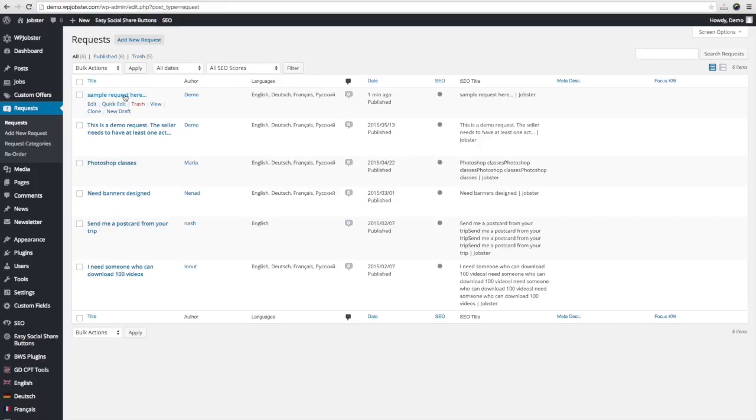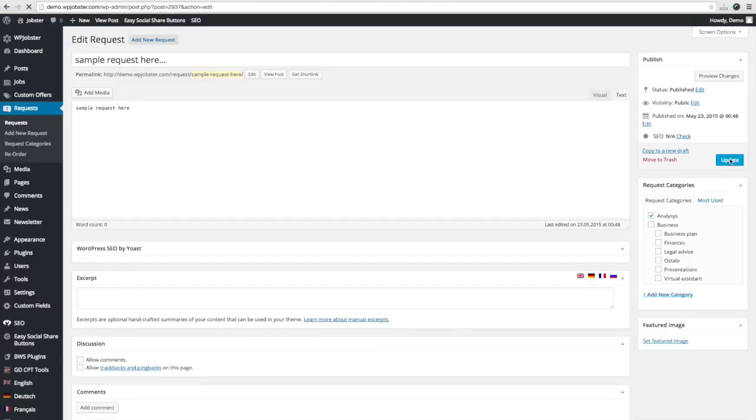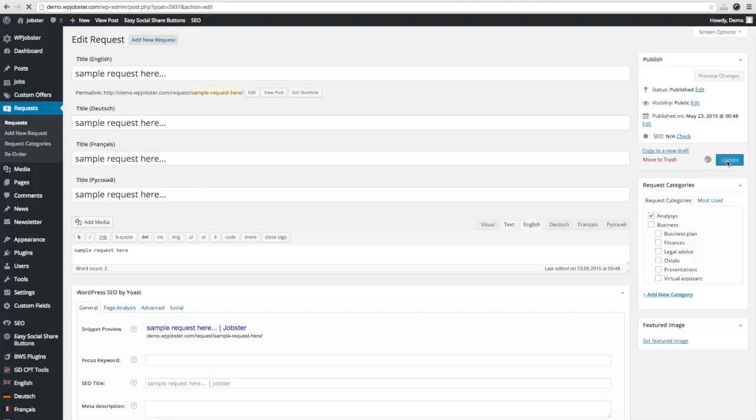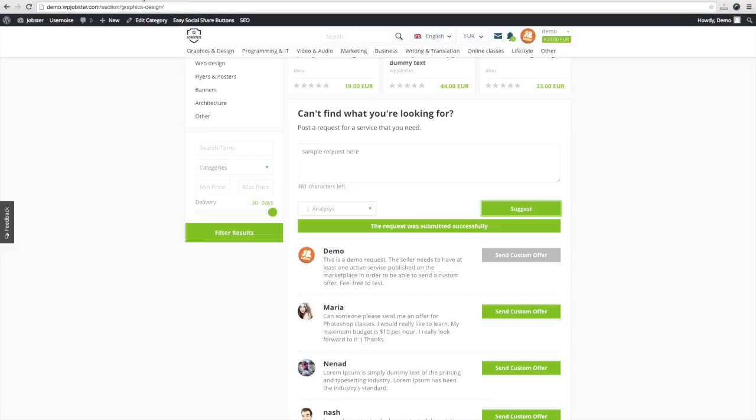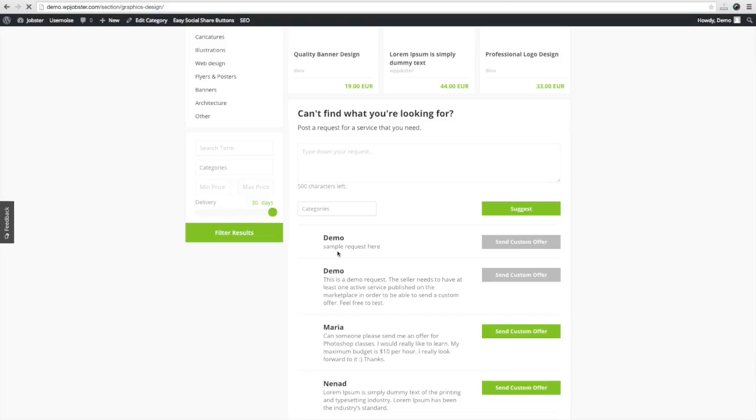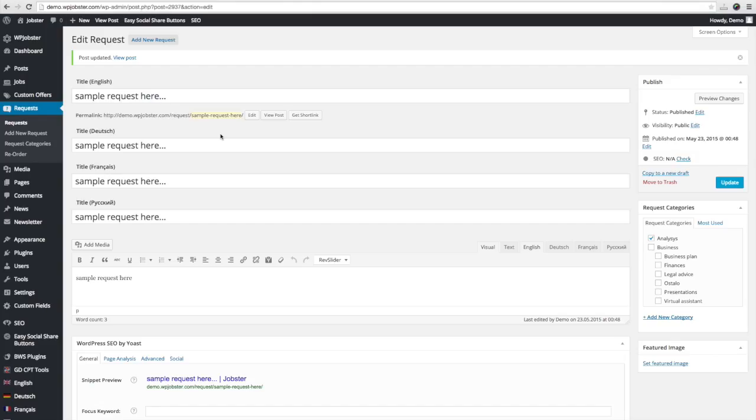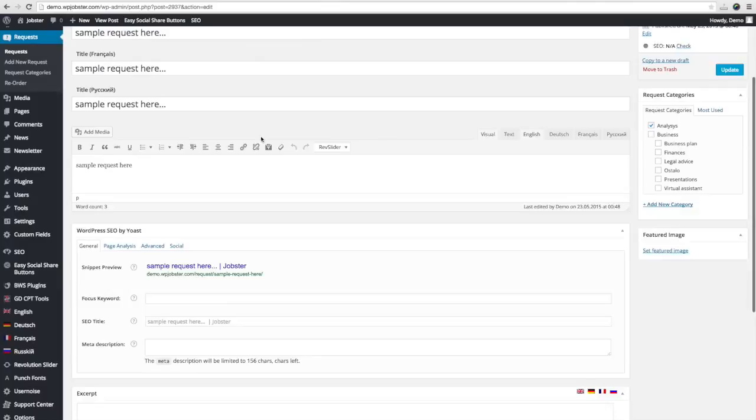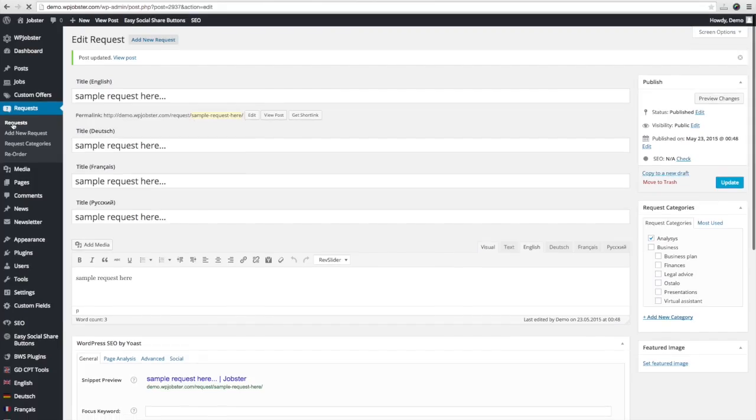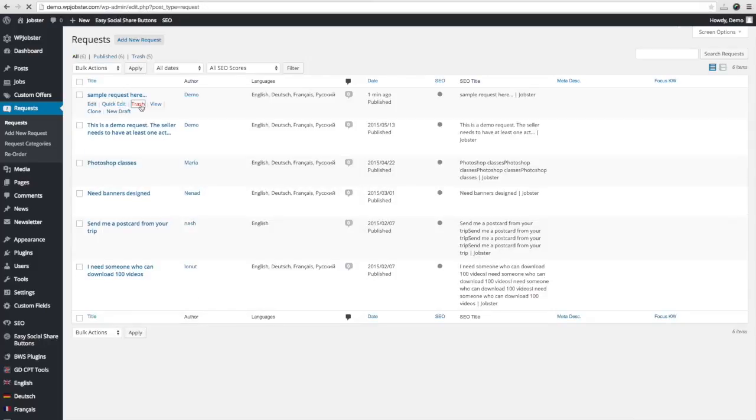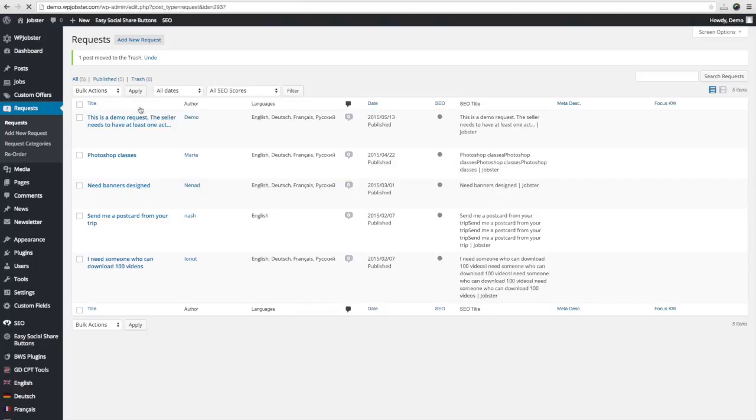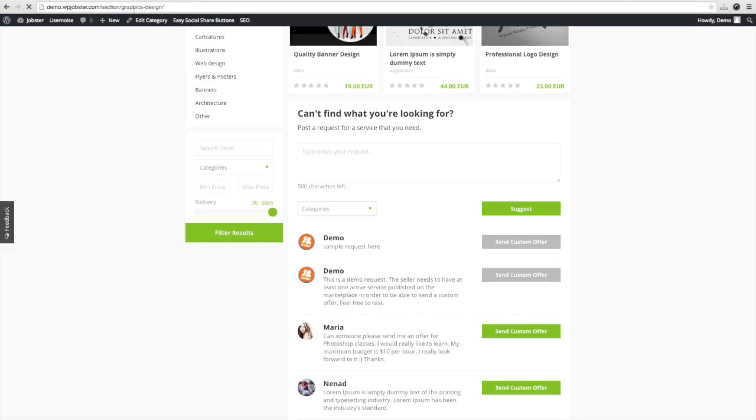If you want to approve this, you can simply click on update and it will be published. So I will do that right now. It should come up over here on the list. Sample request here. Or if you want to delete it, you simply can do that as well by going back to requests and simply trashing that particular request. And as you can see here,